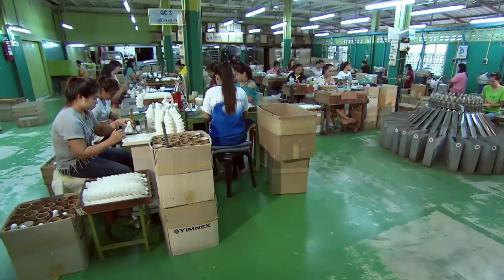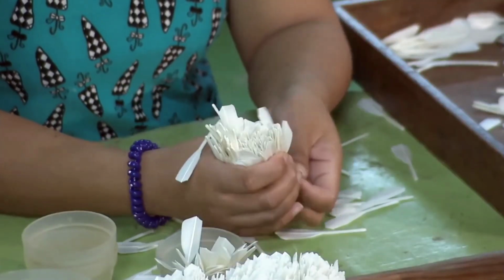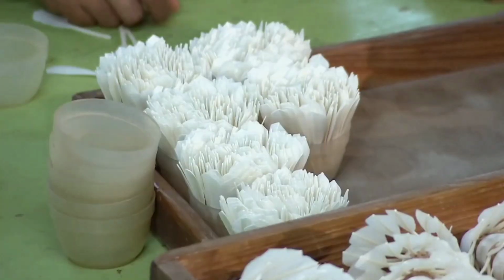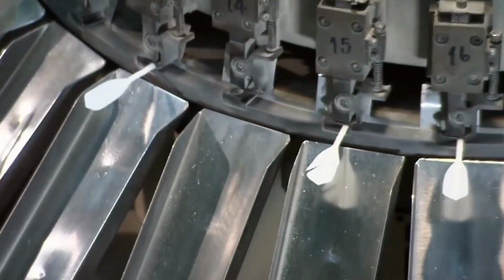This facility uses duck feathers to build their shuttlecocks. Once delivered, workers start by aligning them with the feather side up and storing them in cups in preparation for the next phase of production. Having the feathers aligned makes it easier for a worker to feed them one by one into a specialized sorting